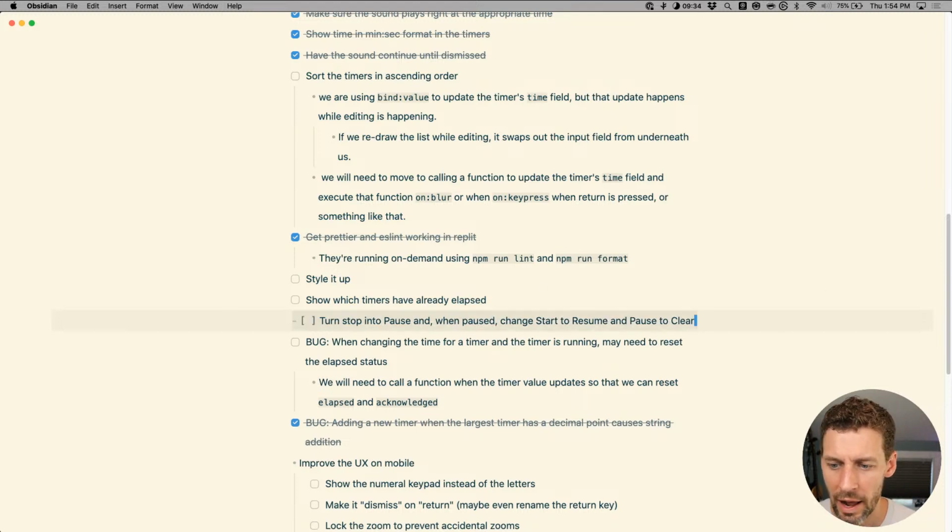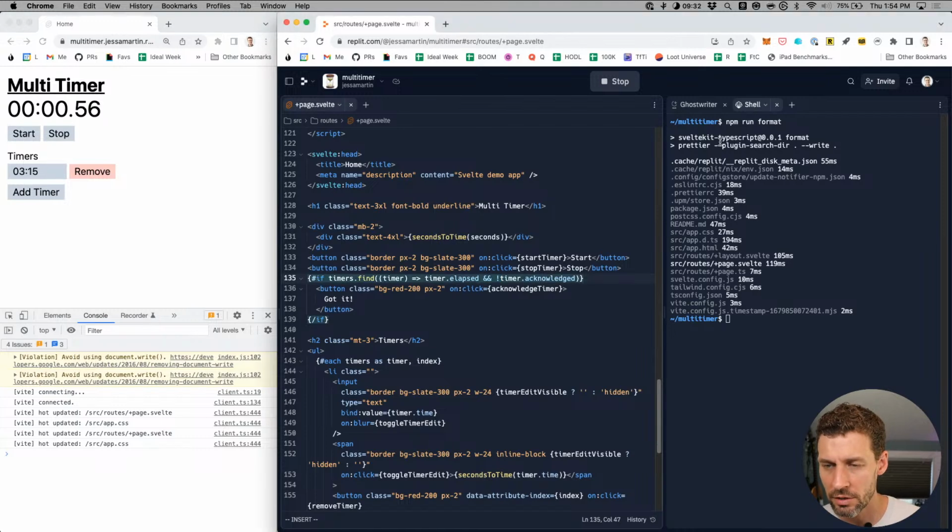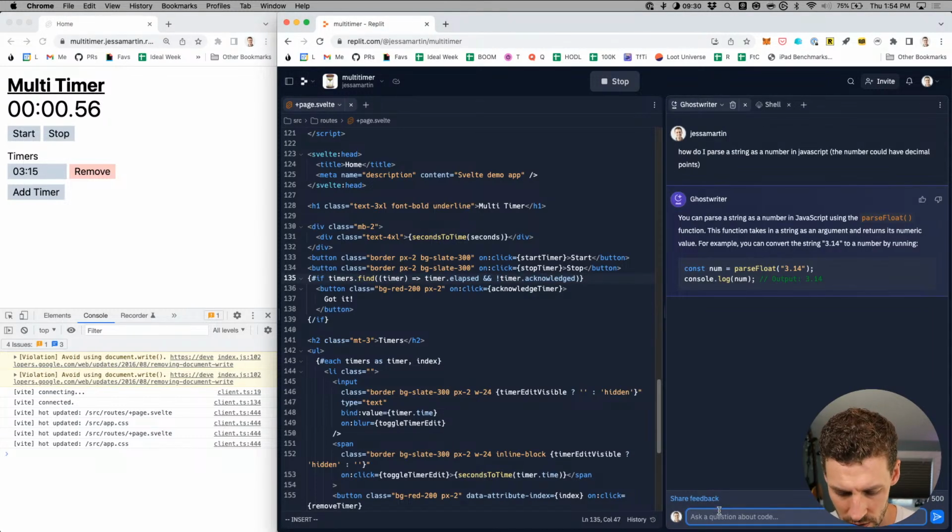I would love to ask Ghostwriter to make that change. Actually, I'm curious what it'll do here. In my code, how would you change whenever the timer is the current? Huh.